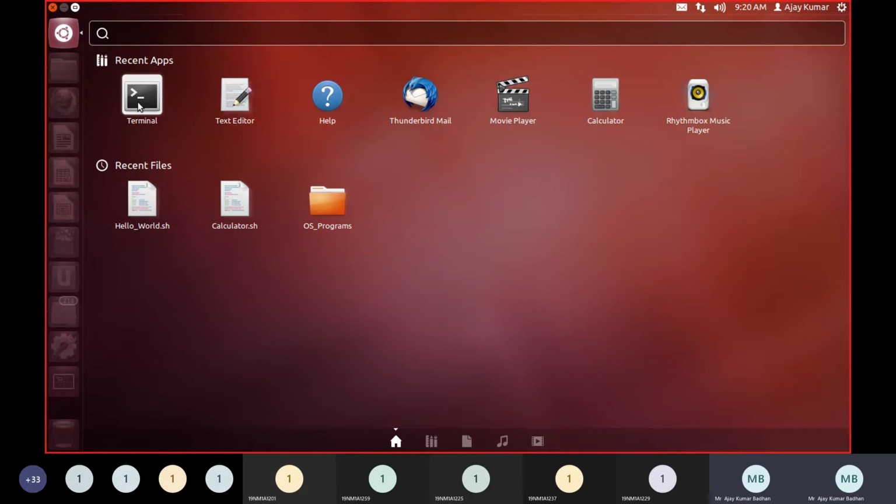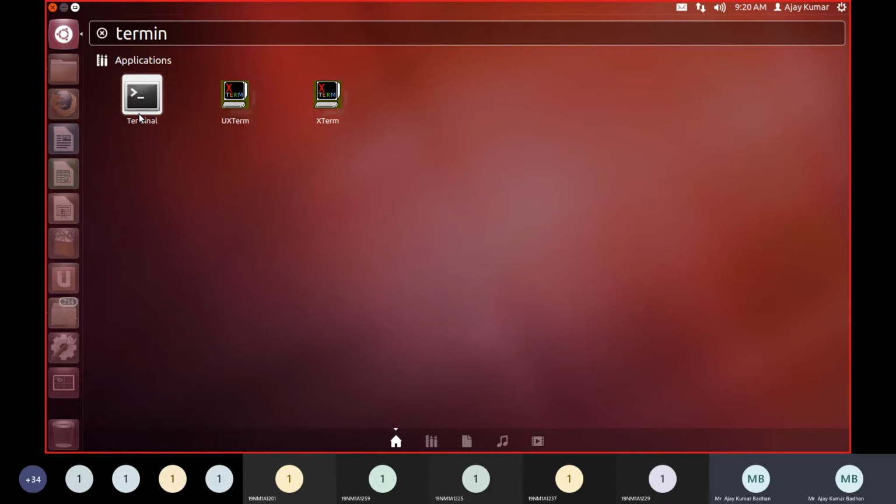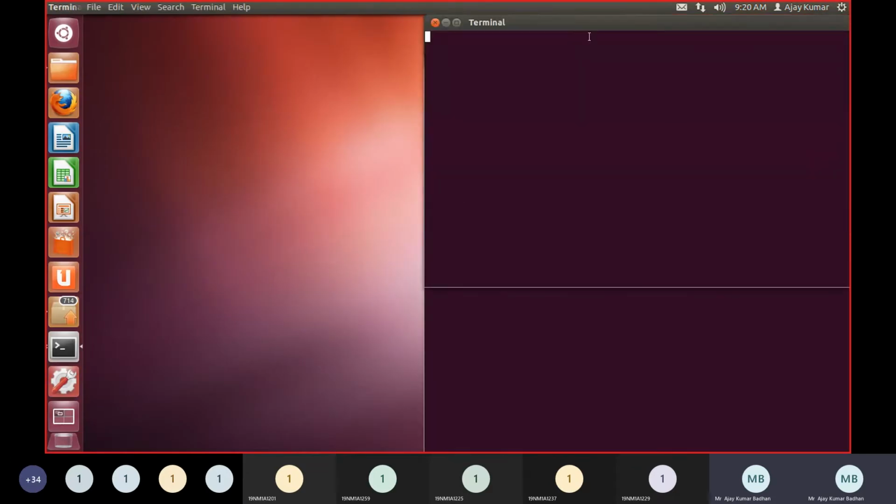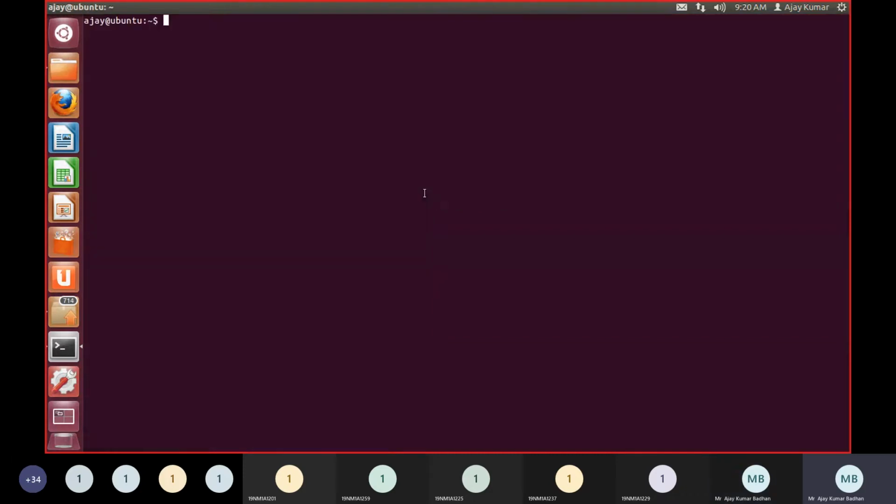The first thing you have to use here is what we call the terminal. If it is not available, you can simply type here terminal. You will get an option here. Terminal is like the command prompt in Windows. In the same way we have terminals here. Like in Windows we press Windows R, then type cmd, and we get a command prompt where you can type some commands. Same way here, in this operating system we have the terminal, and within this we will be typing some information.